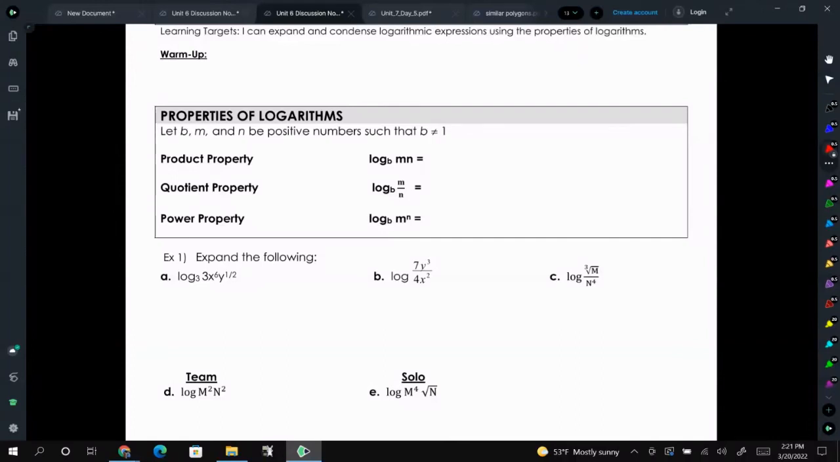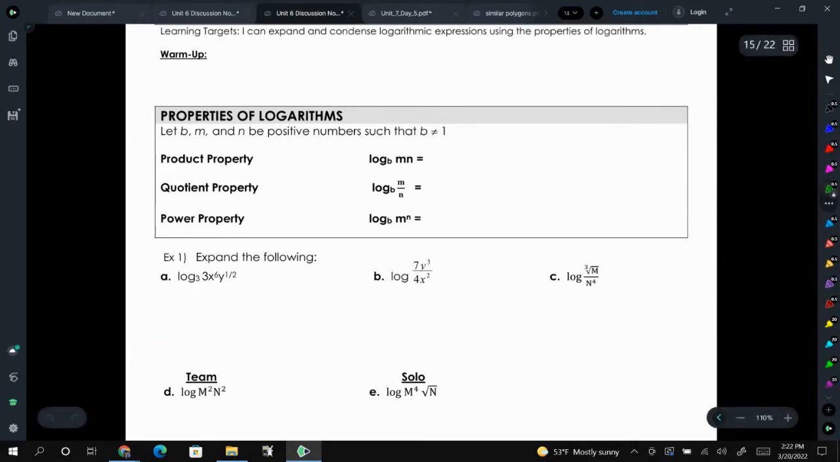Today we're going to be using what are called properties of logarithms. And we're going to use these properties to either expand logarithms, so we're taking one logarithm and making it into multiple logarithms, or taking multiple logarithms and combining or condensing them into one log. And one of the reasons why we may want to do this is because we have those properties of logs